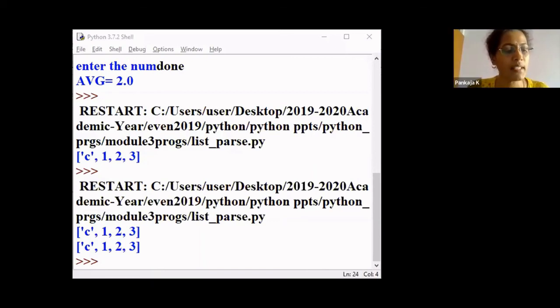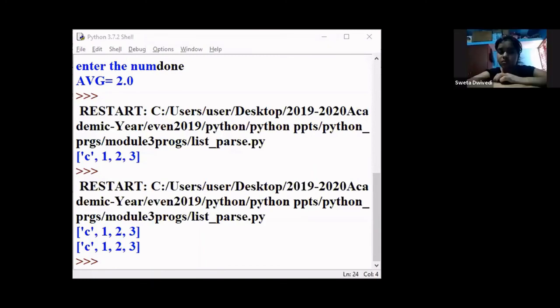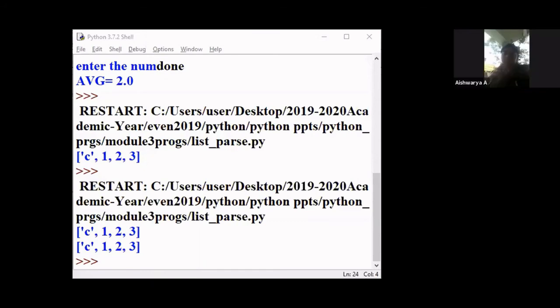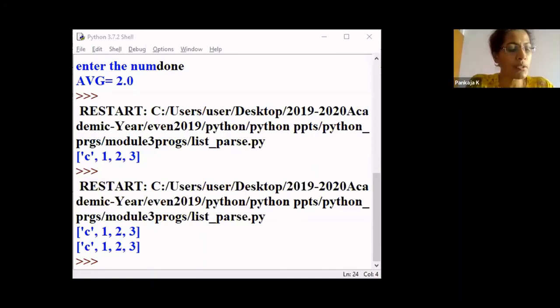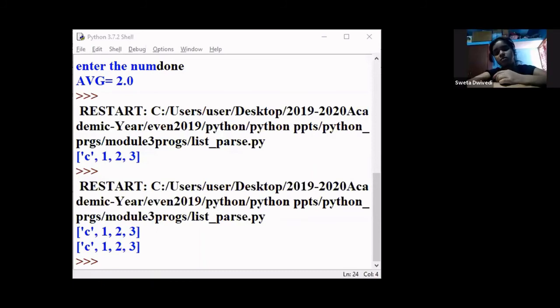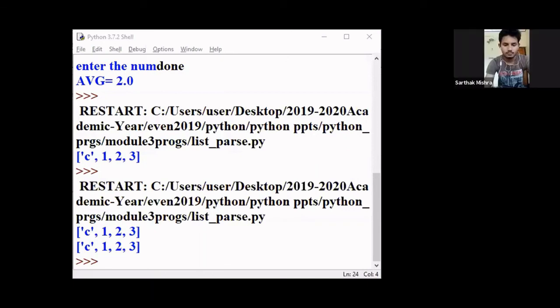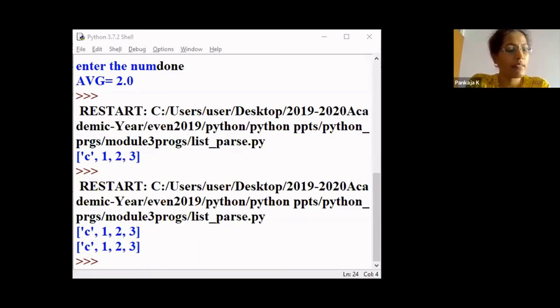So that means when you pass a list to a function, the function gets a reference to the list. If the function modifies a list parameter, the caller sees the changes. You need to see this very carefully: parameter T and the variable letters are aliases for the same object.